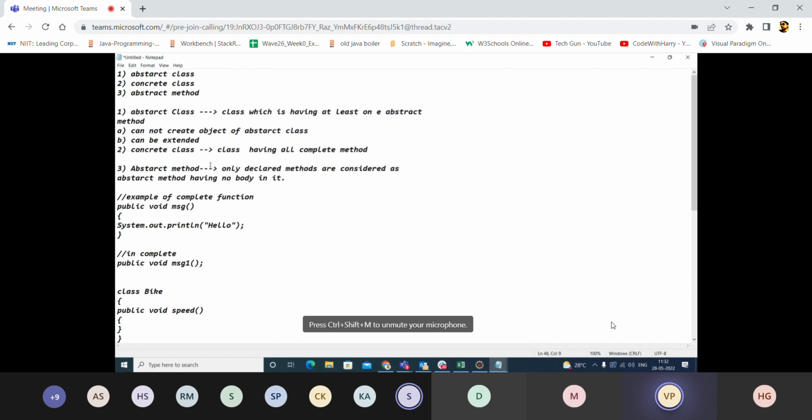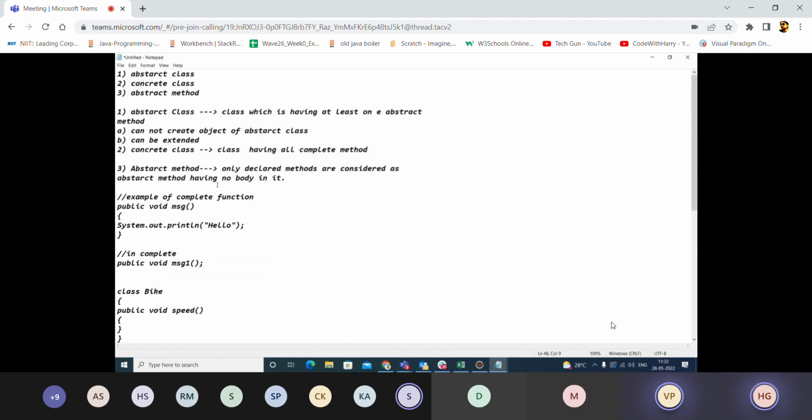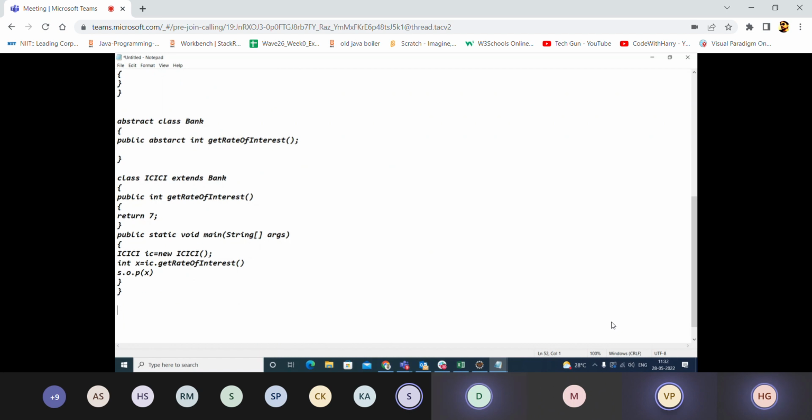The question comes, why abstract class, or when to use an abstract class. Means what is the use of an abstract class in short? When to use the abstract class concept. So the answer is like this. When